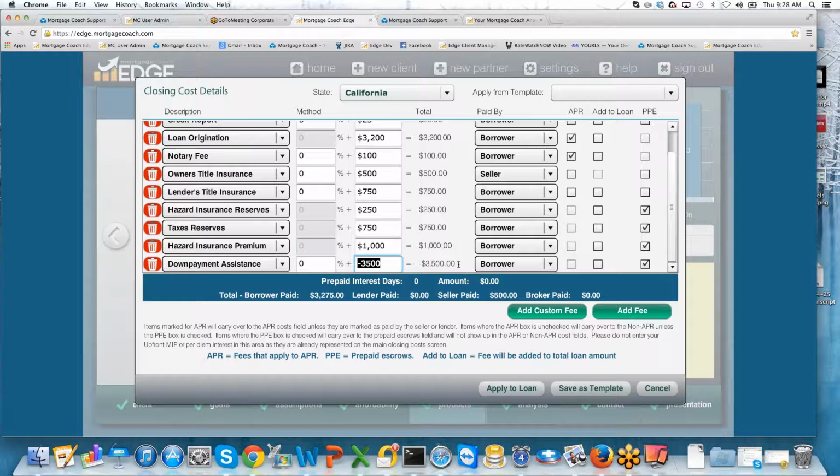So for cases like this, when you're doing down payment assistance, use a custom fee if you've already created it. If you haven't created it yet, add a custom fee, call it what you need to, make it a negative amount, and make it borrower paid. Now, this is actually the same thing as if you just did a regular add fee